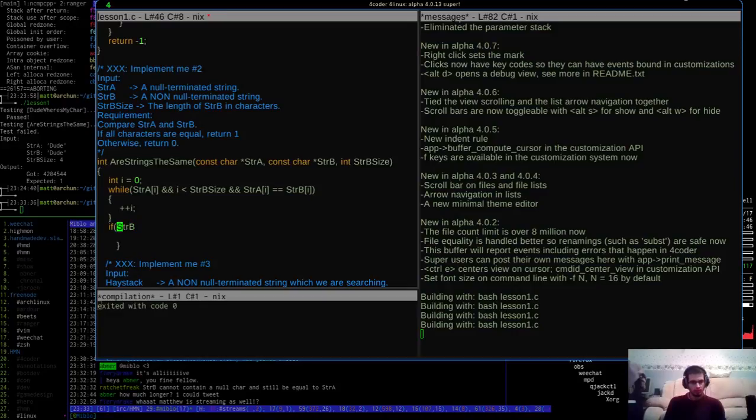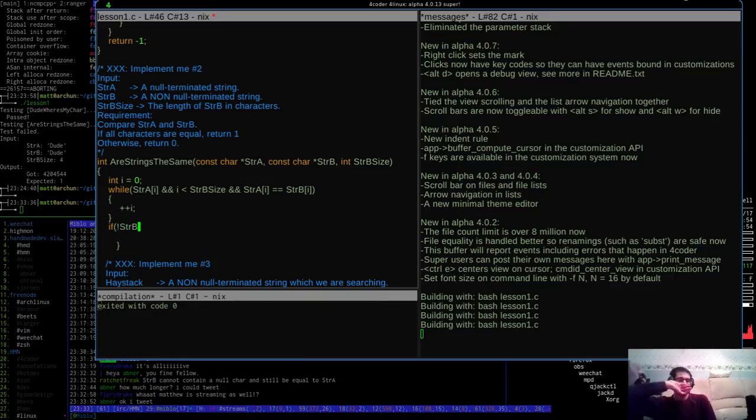Cannot continue. Yeah. So what I was going to do then was actually an if. So we're going to say, if string B is not null,